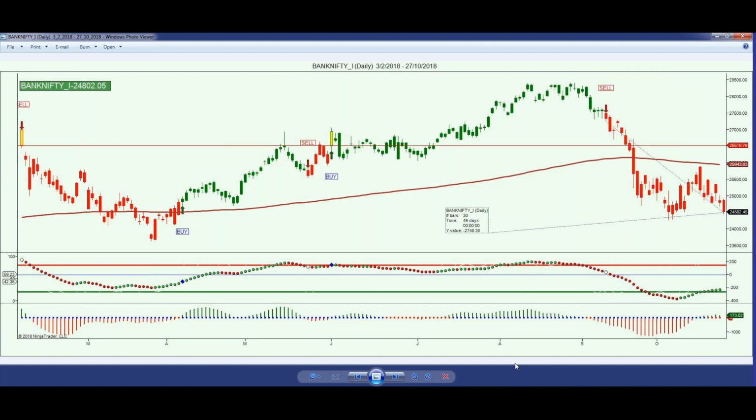That is again for 30 trading days, or 46 calendar days. Now 2,762 into 20, which is your lot size for Bank Nifty. So 20 is your lot size. I have made a profit of 55,000 rupees, 55,000 rupees in a matter of 30 trading days.